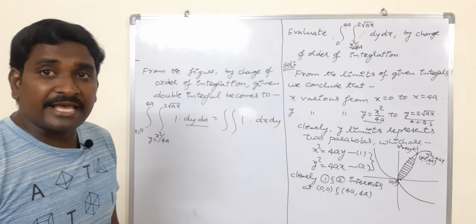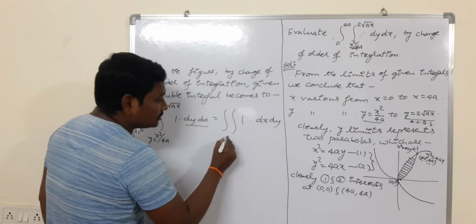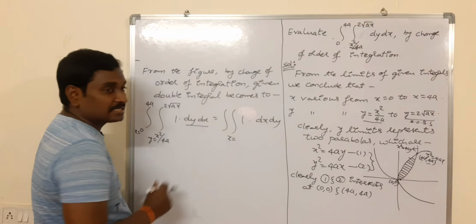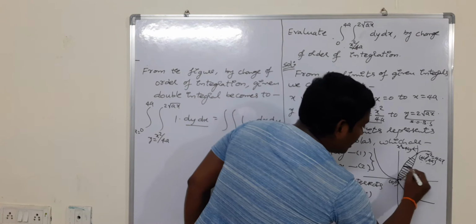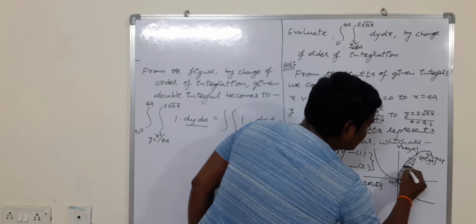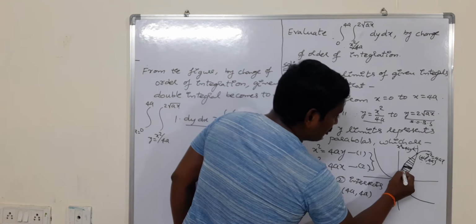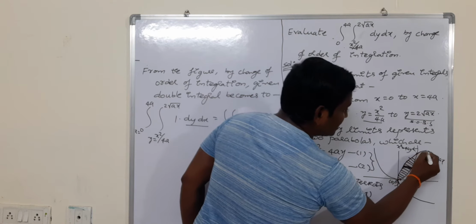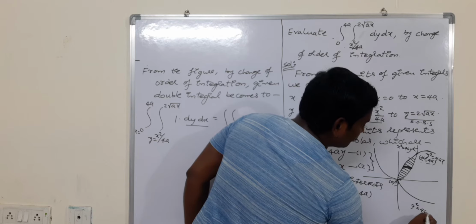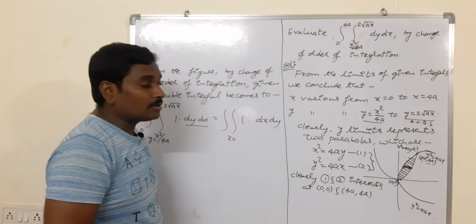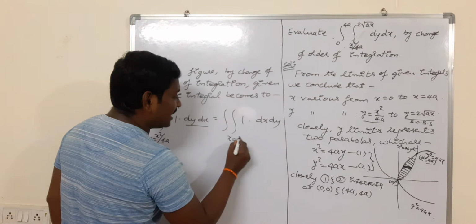Okay, so in this case you should change the limits also. Okay, these are the y limits. Now you should change the inner integral to x limits. X limits are always in terms of y. For y limits you should take a horizontal strip. This horizontal strip gives the limits. Okay, what is this? The lower part of the horizontal strip is the arc of the parabola y square is equal to 4ax. y square is equal to 4ax. From this, what is the x value? y square by 4a.